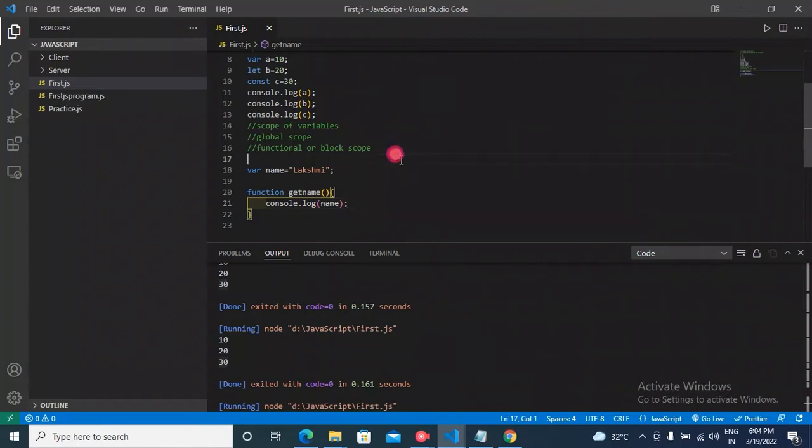So we are done with everything. I'm going to run the code. Now you can see, wow, 10 20 30. What's wrong with the code? We are writing the function and we are printing